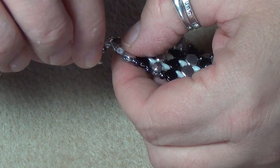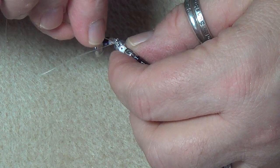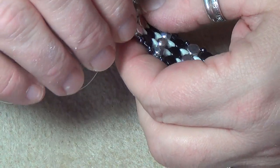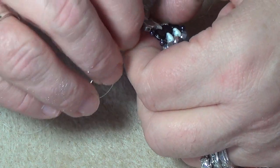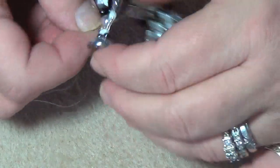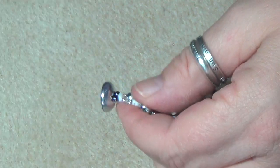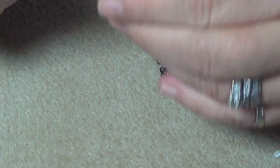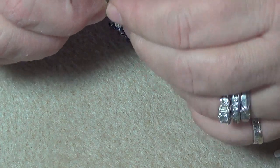And then back through your round trio bead without snagging anything. Did I snag? I sure did. There we go. Oh, jeez. I just keep snagging and snagging. There we go. And you're going to go through that one more time. Okay? So go back up into it one more time. So into the 2 15s, the mini duo, the 8-0,